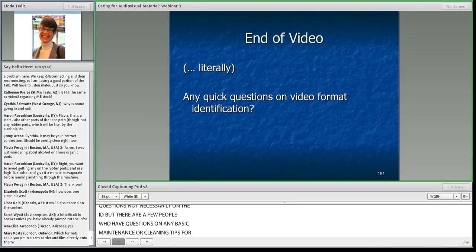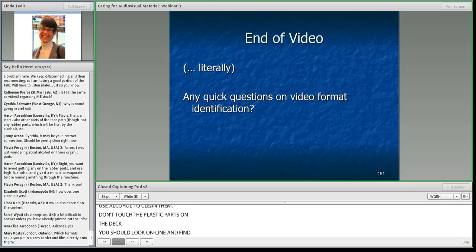Yes, and actually I believe that if you look at the documentation that I have, the handout, you can look at some of those sites and it also gives hints on it. But basically what you need to do is, if you have a collection and you believe it's older tapes and they could be gumming up the decks, you should be using alcohol to clean them. But be extremely careful that you don't also touch the plastic parts on the deck. You really should go through some training. Don't just open it up and try doing it. You can look online, as I mentioned, and find some guidance on exactly how you should be doing it. But you definitely should be cleaning those decks.